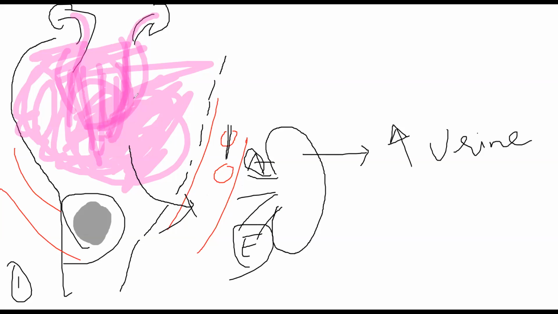What will happen is these components are damaging the particles of your blood. Ultimately, when being filtered out by your kidney, your urine will have more components of your damaged blood cells. Okay, so damaged RBCs, for example. Here we are only talking about RBCs. So more and more damaged RBCs will start getting accumulated in your urine.